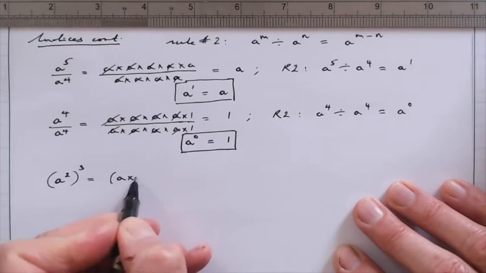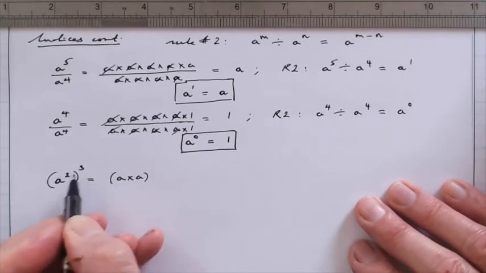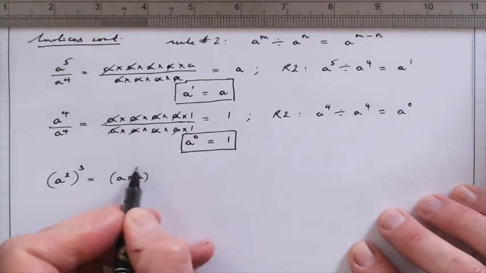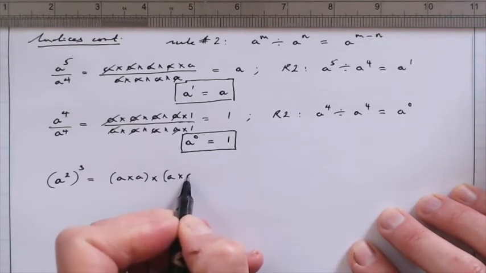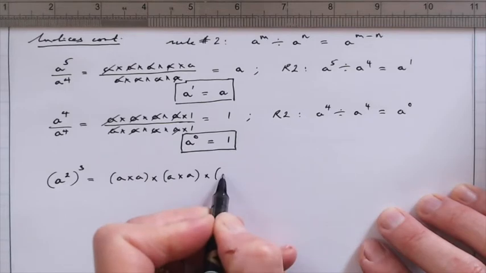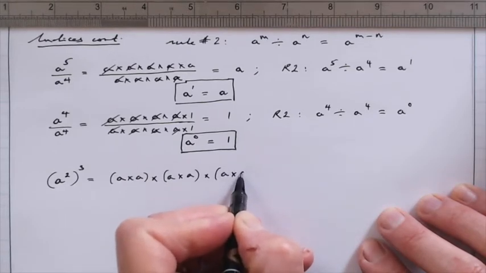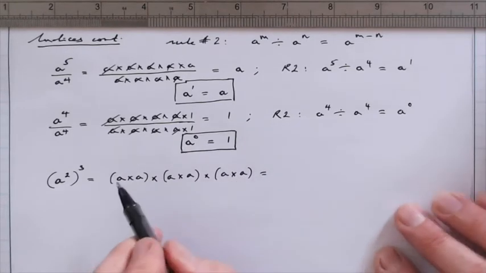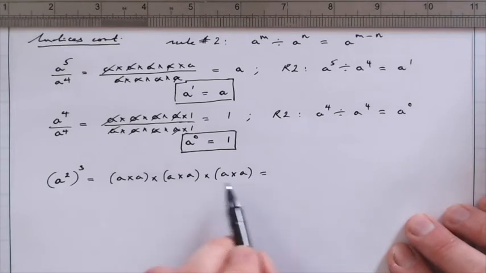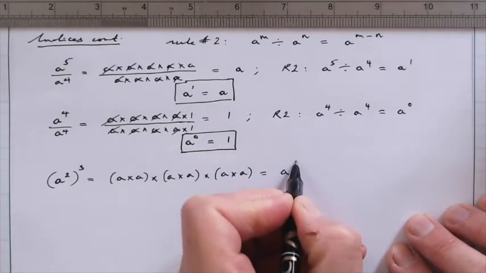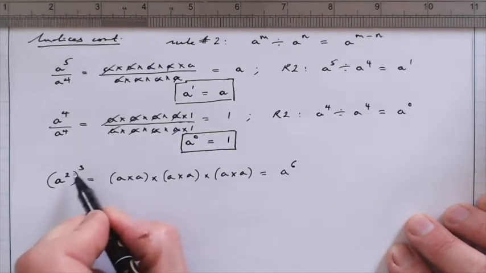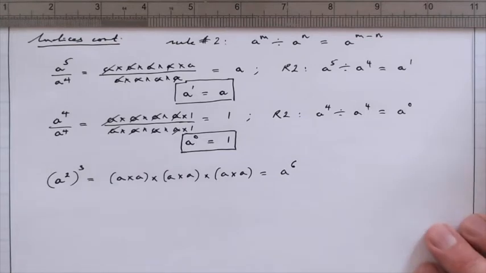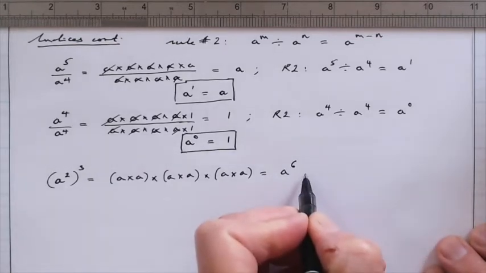Well, a squared is a times a, and then the cube tells me to multiply this thing by itself 3 times. So I have 3 lots of this bracket of a times a. And if I just count up how many a's I have here, I have 6. And what you can see is that the result comes from multiplying these 2 indices. And so we have rule number 4,